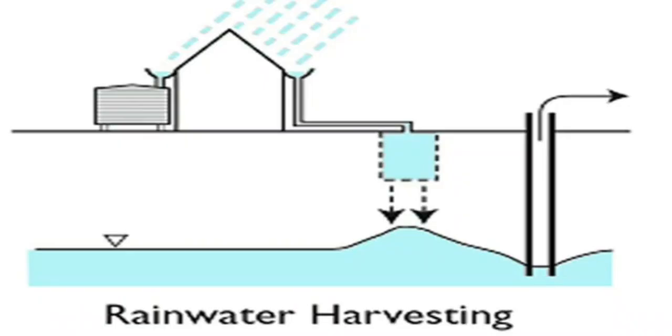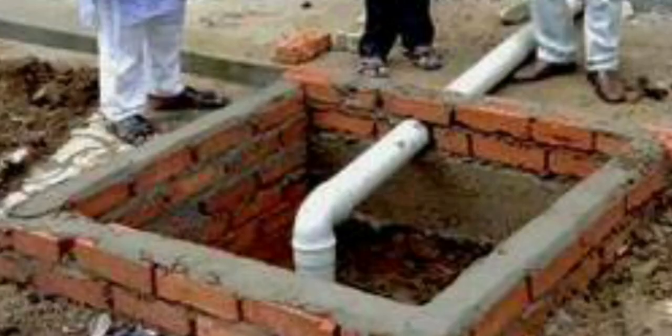Now, in water harvesting, we need to be concerned about one thing: we need to make a drainage from the rooftop and collect the water in one place and put it inside a pit which has to be dug earlier. And the pit, we cover it with sand, so there is an absorption of water into the ground.